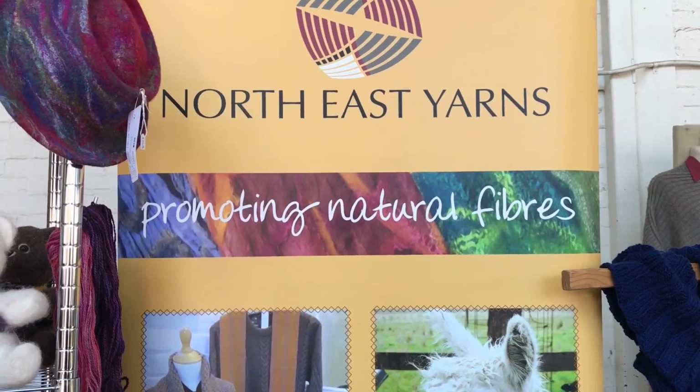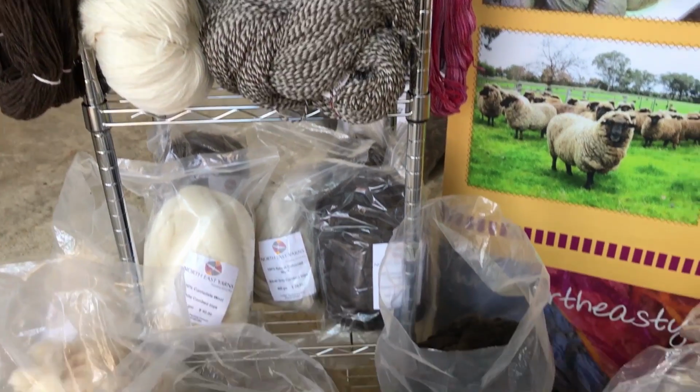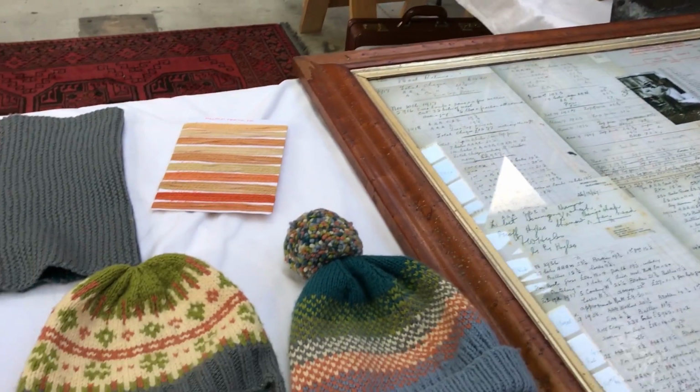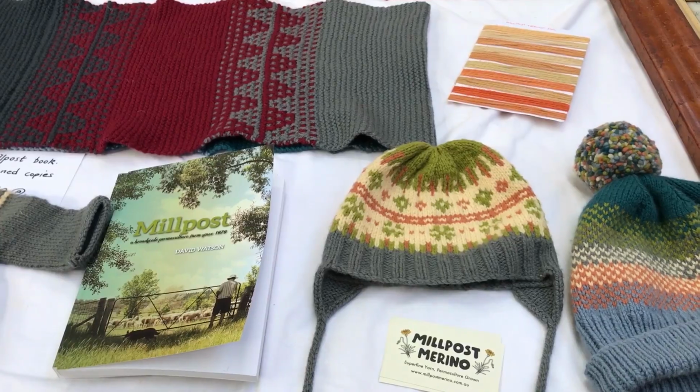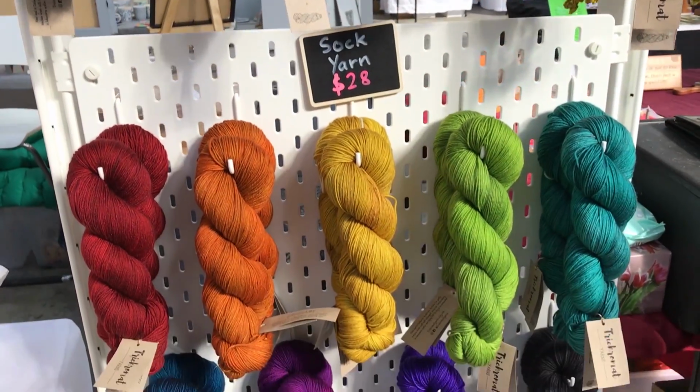And also just seeing the yarns in person was incredible. There were indie dyers and yarn makers that I've heard of, but I haven't seen their yarns in person. So it was a really good chance to squish the yarn and feel the yarn and see the colours and ponder over things. The first stall that we went to was Three Mums Yarn,